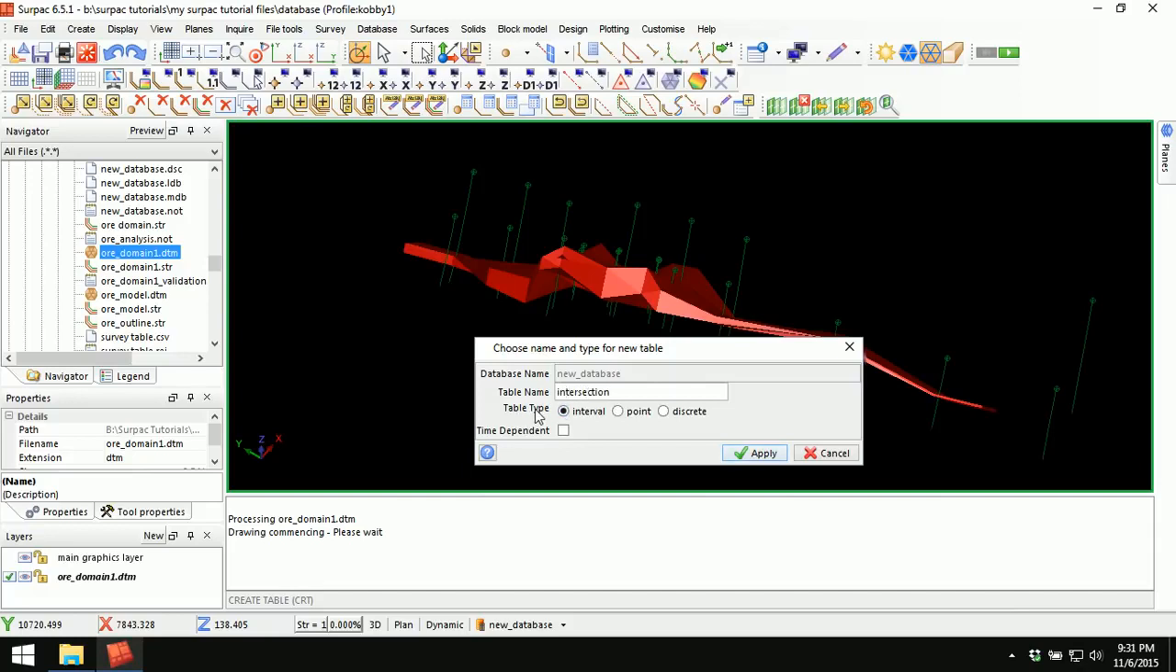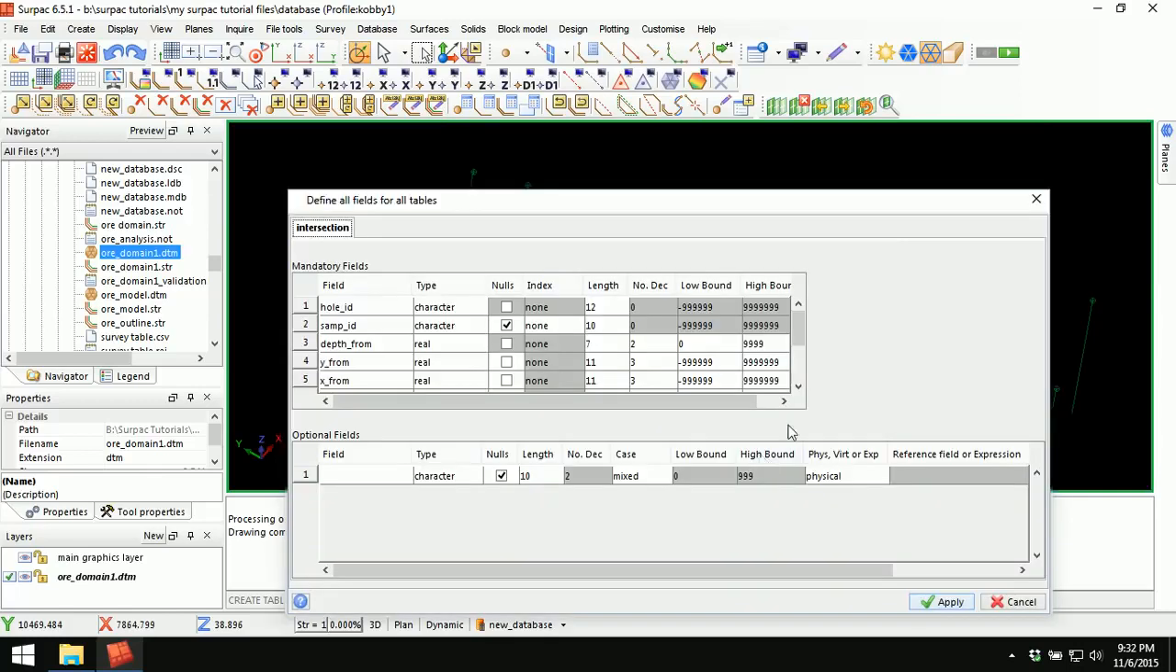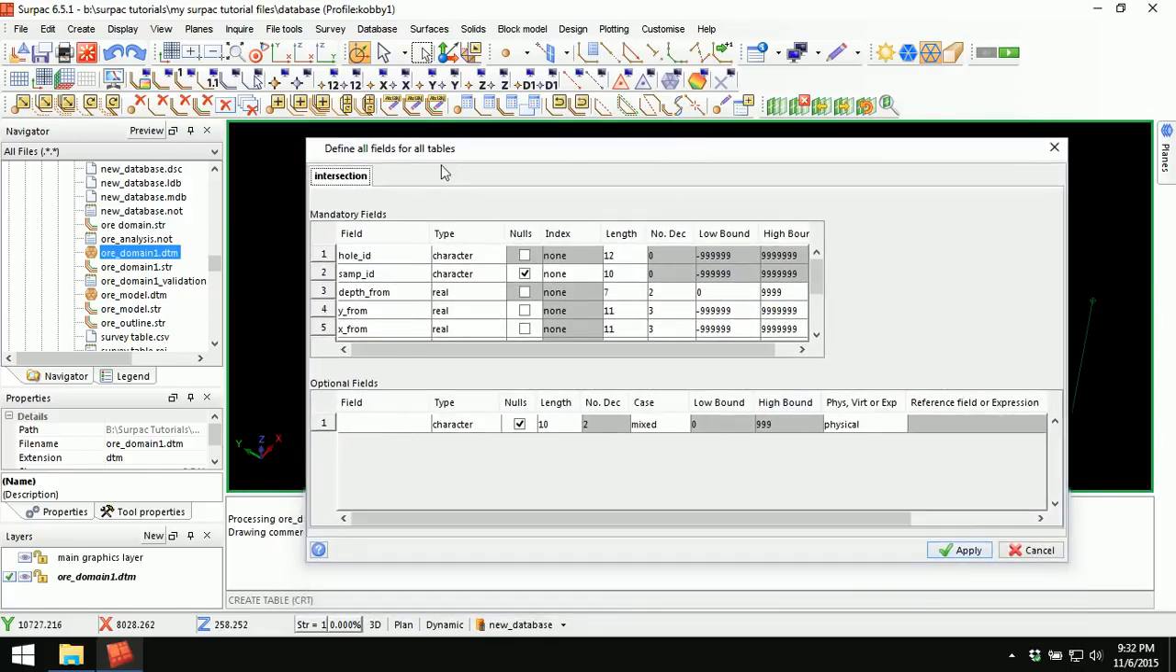Okay, then table type. If you have watched the first lesson of my Surpac tutorial series, you will notice that I have explained all these things: interval, point, and discrete tables. Interval here has been selected because we are trying to come up with an interval along the drill holes that intersect with the ore DTM. That is why interval has been checked, and maintain that because we are going to create an interval table. Time dependent. You don't have to check the time dependent box because whatever table we are going to create is independent of time. I'll click apply to continue,